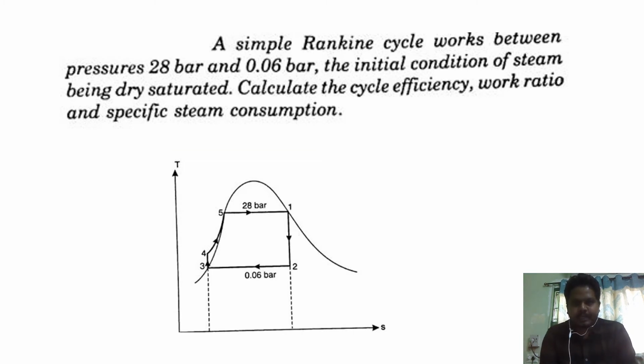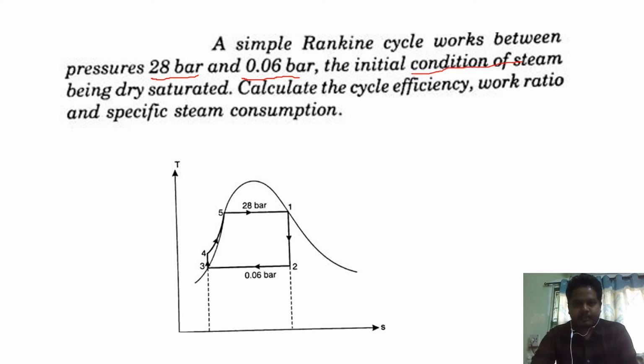A simple Rankine cycle works between pressures 28 bar and 0.06 bar. The initial condition of steam is dry saturated. Calculate the efficiency, work ratio and specific steam consumption. Here in this problem, they have given two pressures, 28 bar and 0.06 bar, and they mentioned that the initial condition